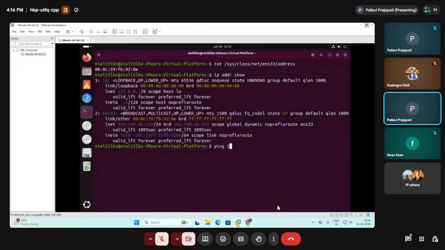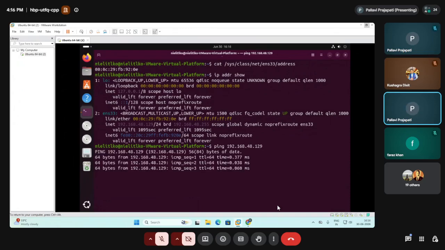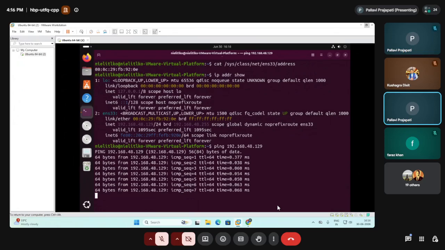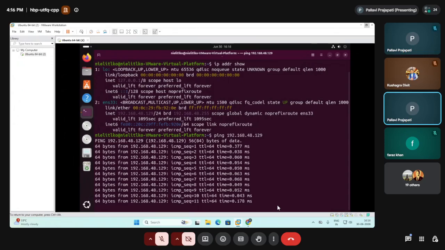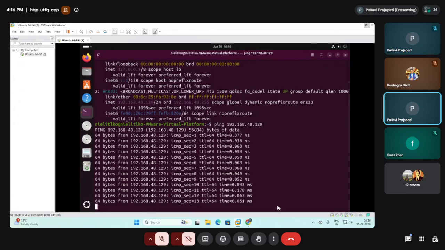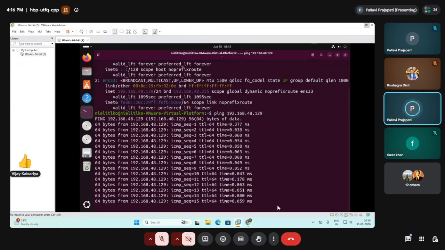Ping 192.168.48.129. Is this working fine? Tell me.